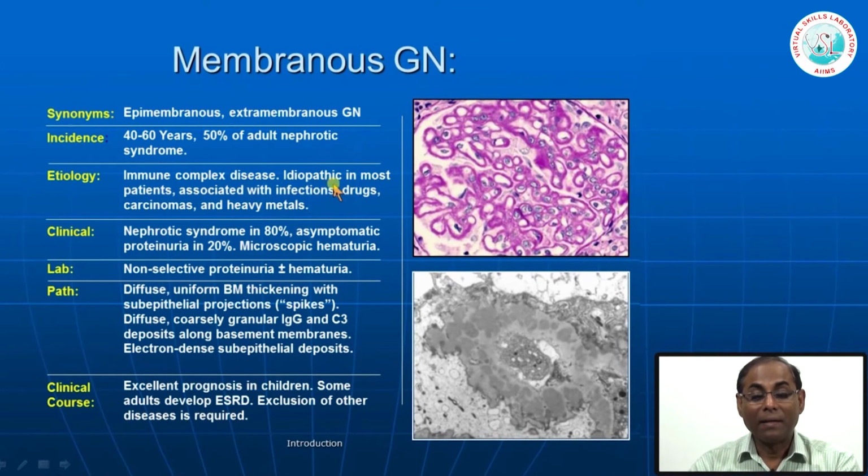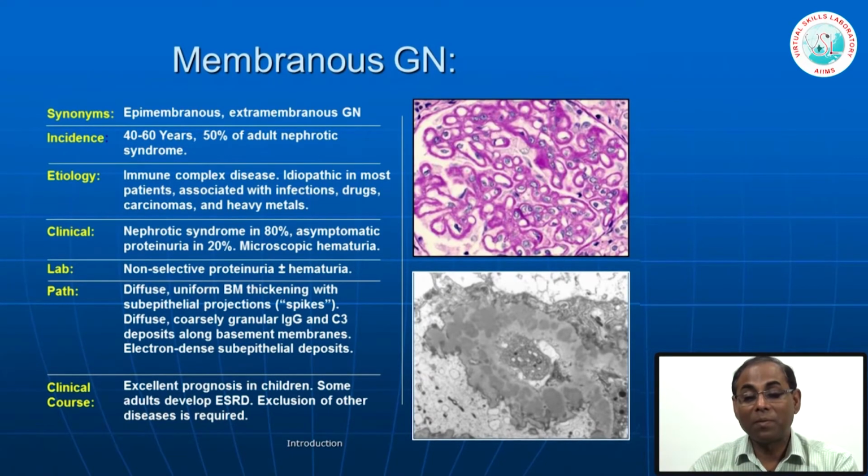They are idiopathic in many of these cases, and sometimes they are associated with infection, drugs and carcinomas, as well as heavy metal poisoning or toxicity. Clinically, the majority of them present as a nephrotic syndrome, and asymptomatic proteinuria is seen in 20% of these cases. In a smaller subset of cases they may be associated with some microscopic hematuria, but the major presentation is the nephrotic syndrome. And here there is non-selective proteinuria, because as I explained to you, only albuminuria comes in a mild